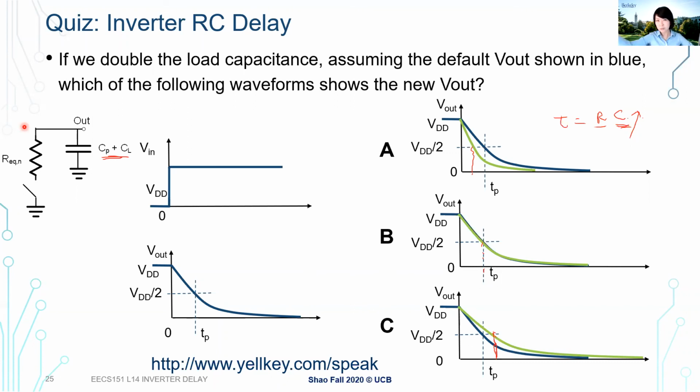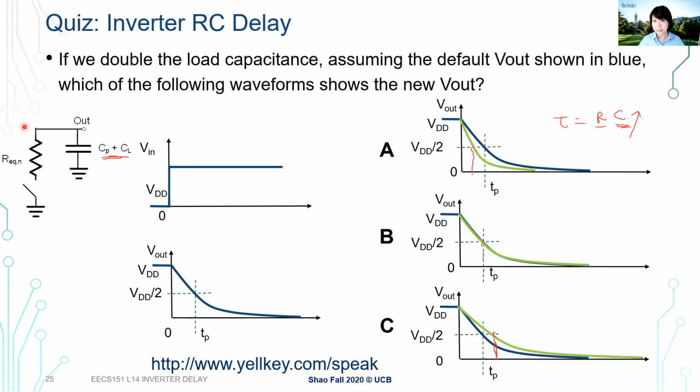I mean, there's no need to remember the RC circuit's original exponential decay function. Just imagine, like we talked about R, right? We already talked about it: with a bigger resistor, the current is actually smaller for the same voltage, right? So it actually takes longer to either charge or discharge. And similarly, with a bigger C, with a bigger capacitance, you actually have more charge stored in your capacitor. With that, it also takes longer to both charge and discharge your